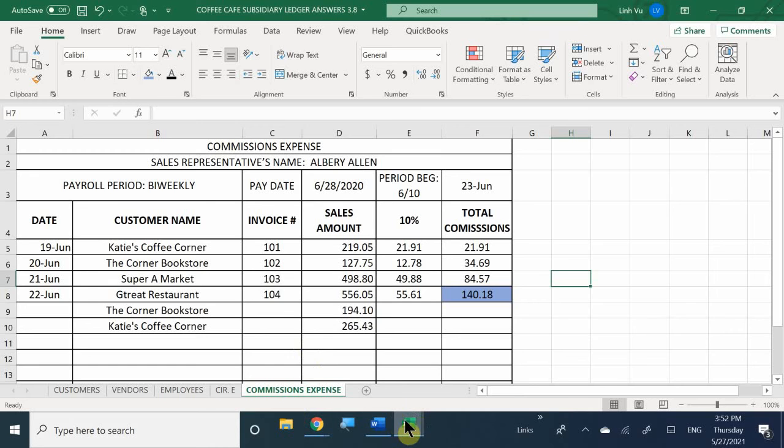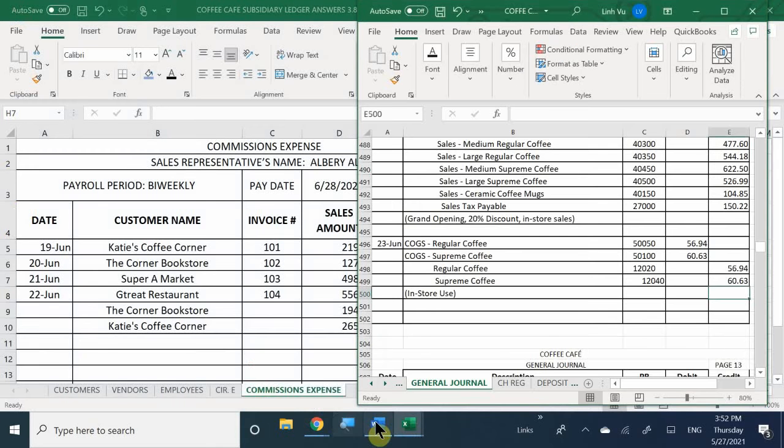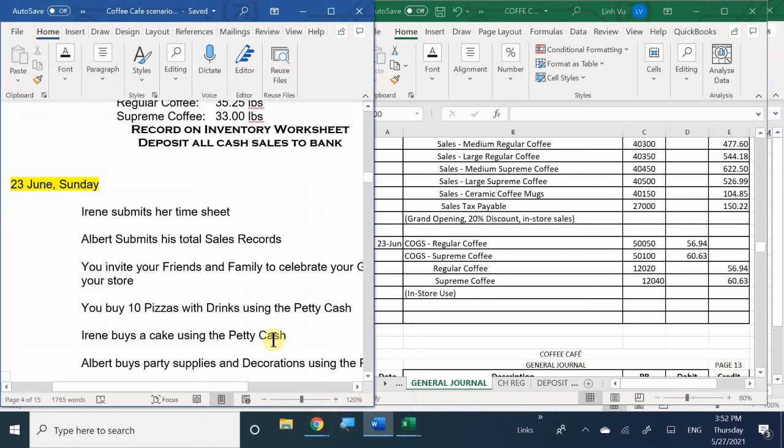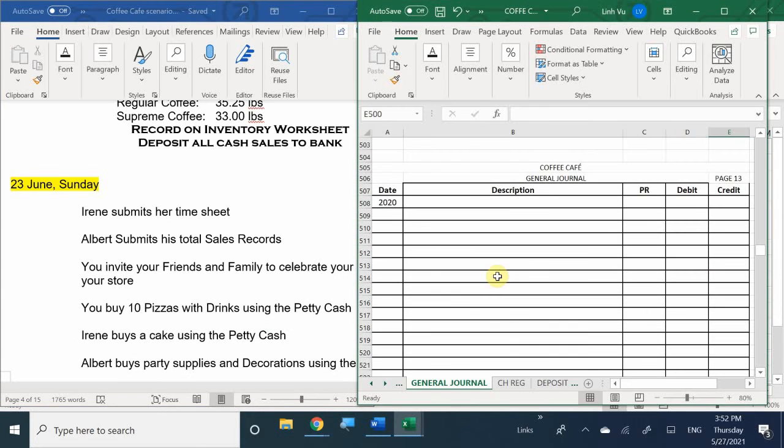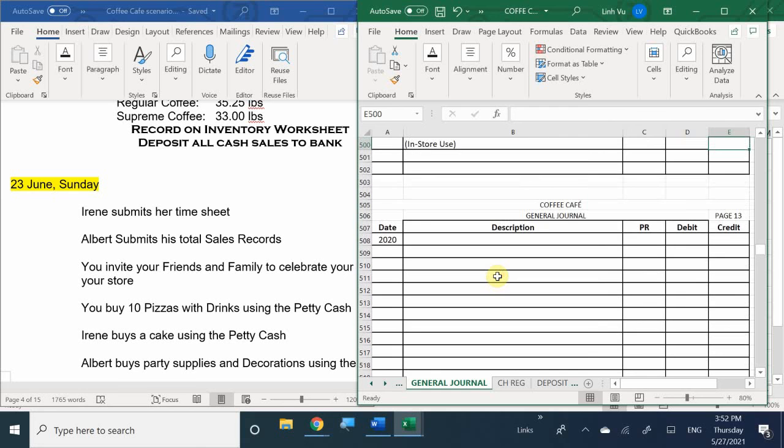So that's correct. We don't need to do anything there or anything further than just look at what they did, submit the timesheets in, and that's pretty much it. No transaction has occurred. Right. All right. And plus, I scrolled down to the very bottom and saw Irene's timesheet, so I knew I didn't have to do anything else. All right, perfect, good. So next then,